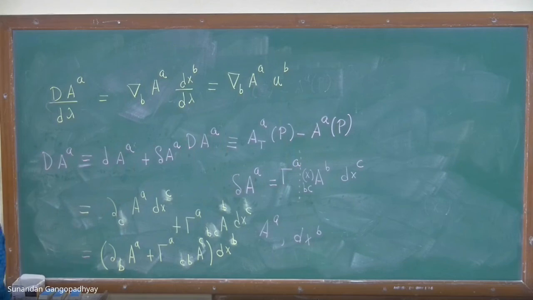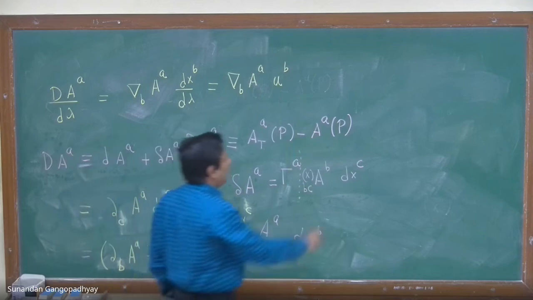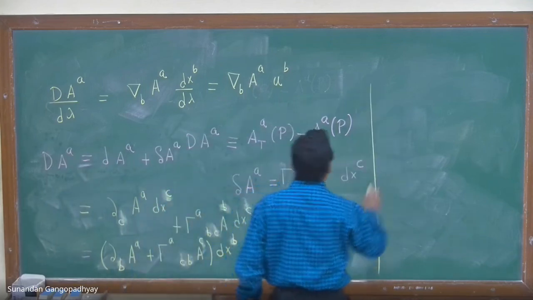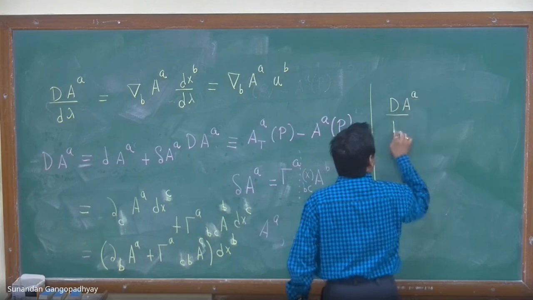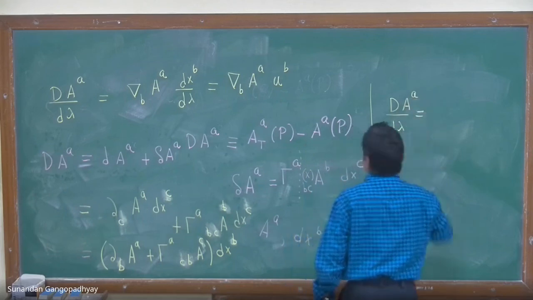So we have a nice relation. We have B is equal to